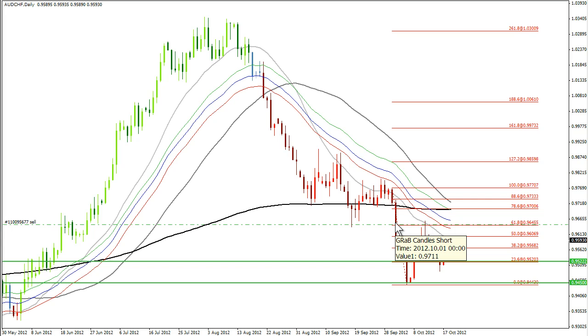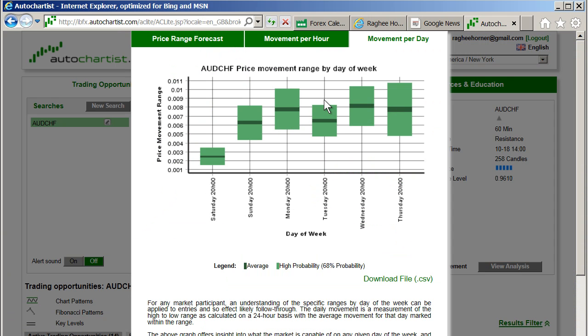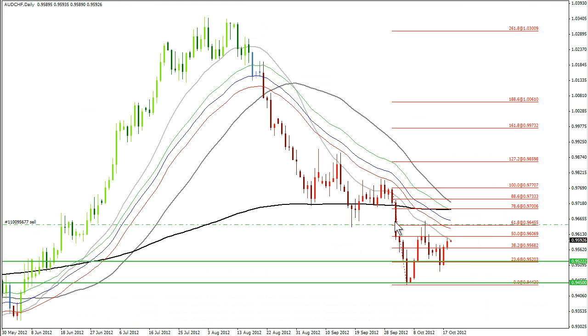So you're basically looking at a 133 pip move, from 97.30 down to 95.97 in one day. That's the high to low range. Now, how does that compare to the typical movement per day of week? That's way out there, right? That's way out there. So if I'm looking at this acceleration that occurred in the Aussie Swissy just on one